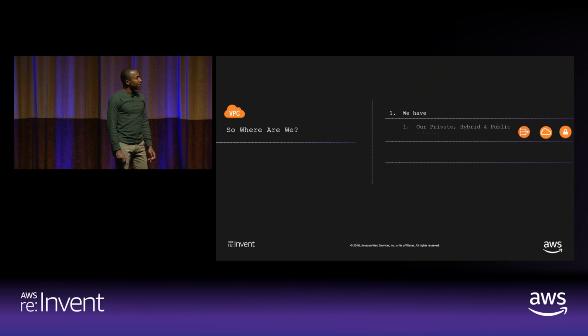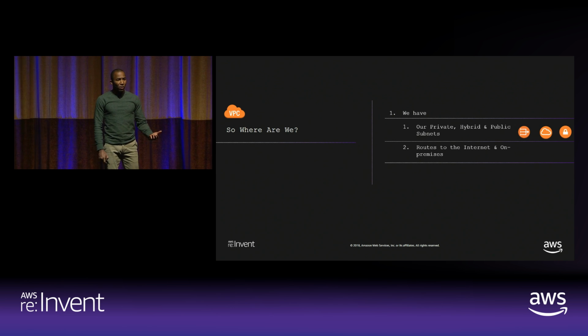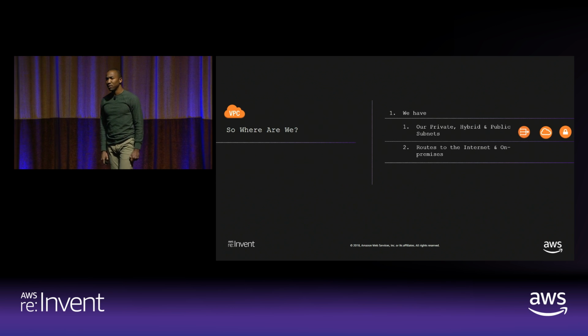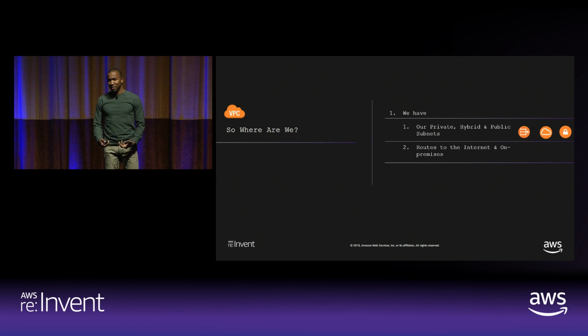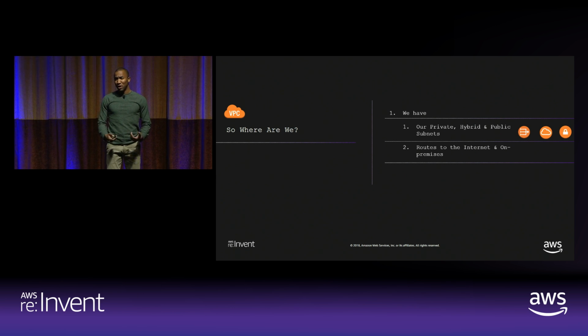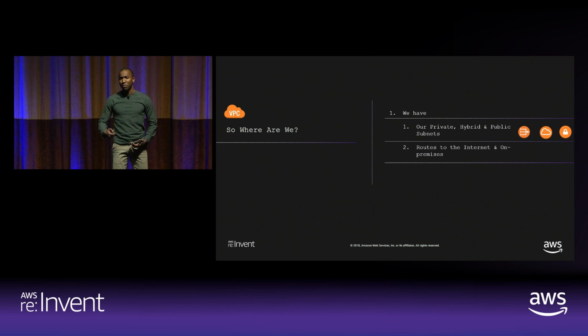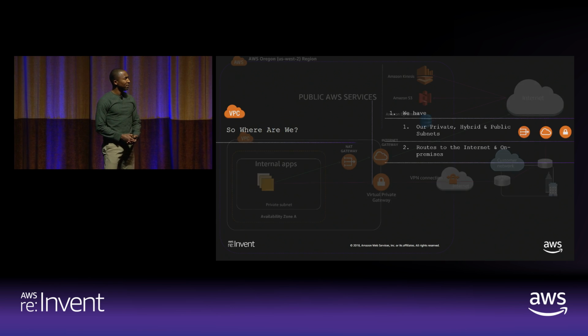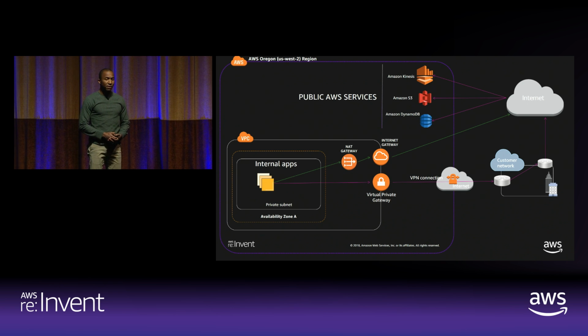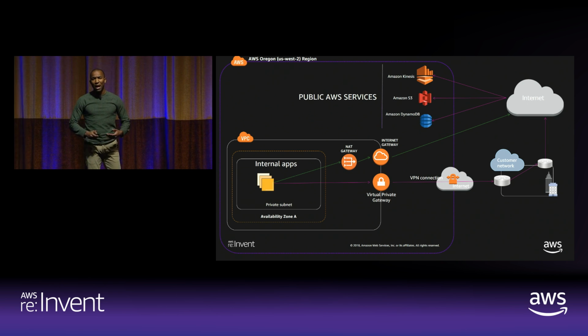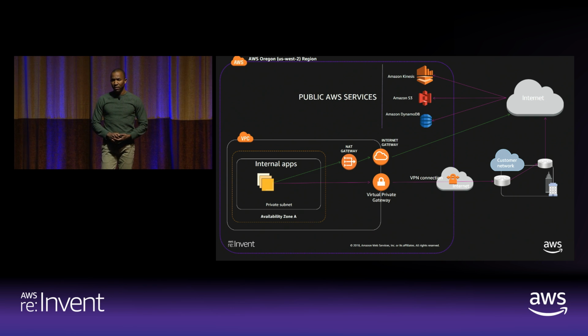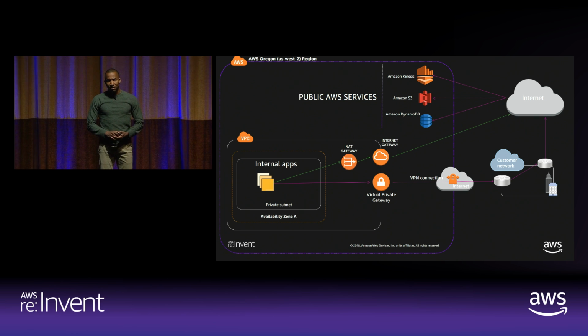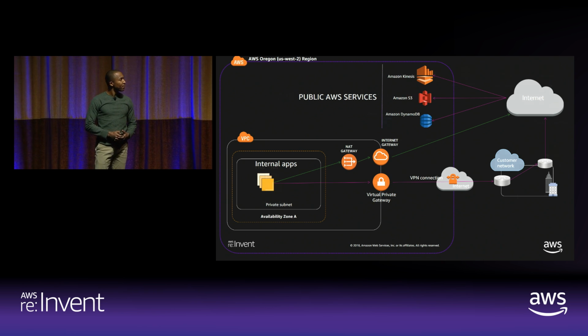So that's all good and dandy. We have routes to the internet. We have routes to on-premises. But that's not the only thing I route to. Most of my requests today go to AWS services, like Kinesis and API Gateway. How do I gain access to those services privately? Do I have to go through your internet gateway? I don't necessarily want internet access in my VPCs, so how do I stem that?